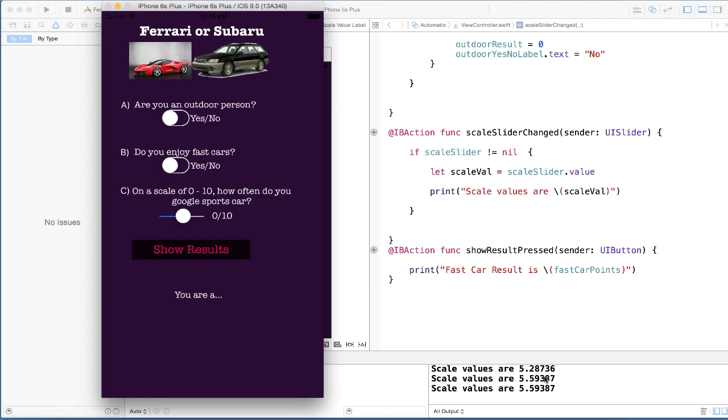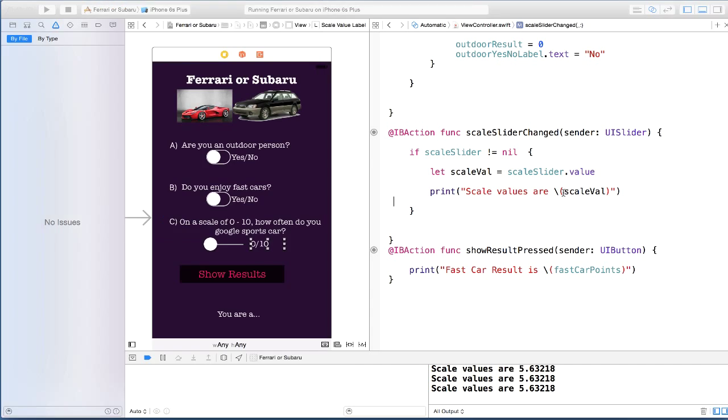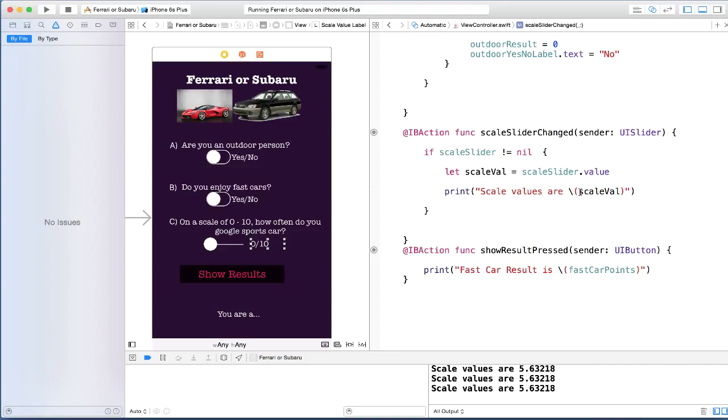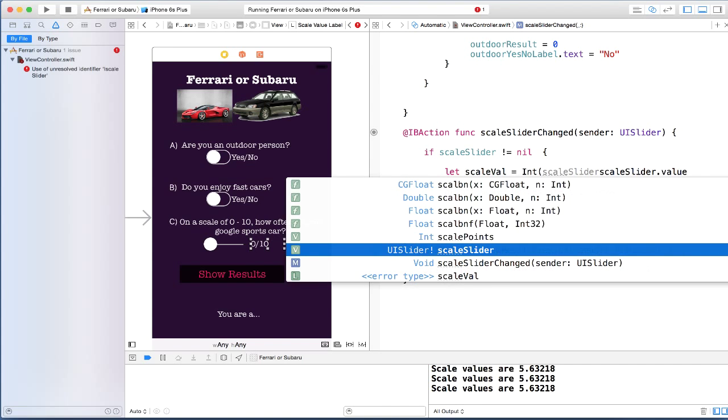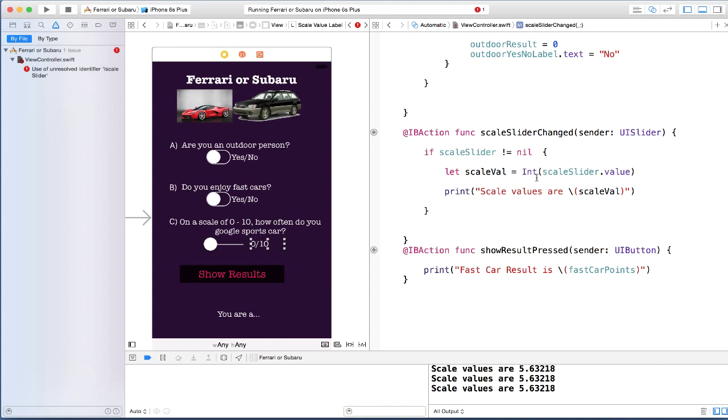And as you can see, it's working here. It's giving us all the values. But notice that the values we are getting, they're not integers, right? Because they have decimal points, so they're floats. So we need to change that. We just put inside here, we're gonna put int. So what we do, we simply go outside here since we're using this variable. We're gonna say int, and then open parenthesis, and let's close. That way we're saying whatever is inside this parenthesis here, we are converting into int. So now our scale value, which we are calling here, will have integers as opposed to floats.